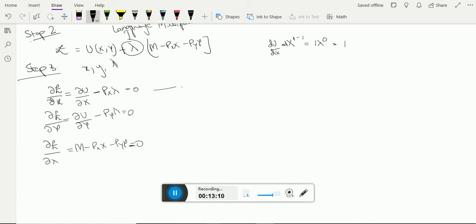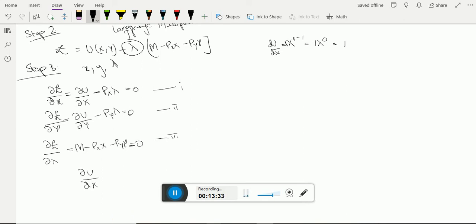Now what we have to do is write these both, first and second equation. This is the first, this is the second, and this one is our third equation. Now we just transform these equations with respect to lambda. How can I write it? You can write them like this: